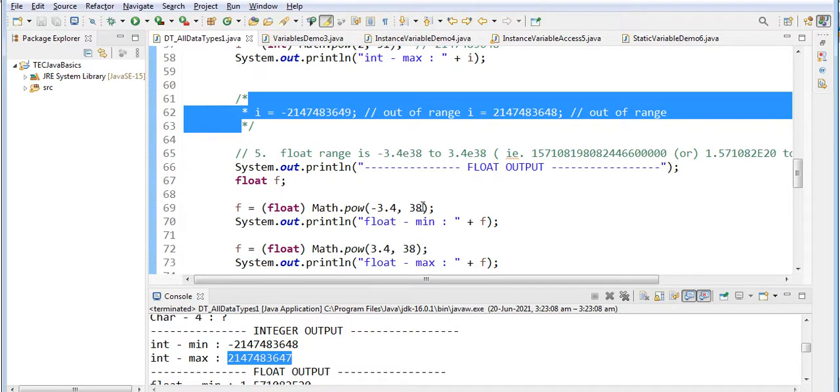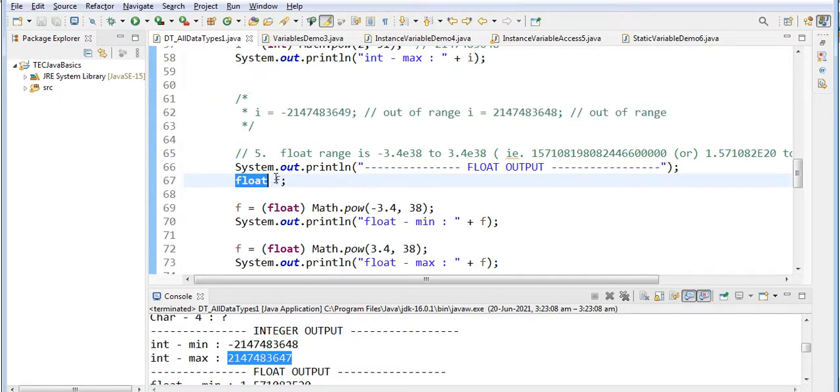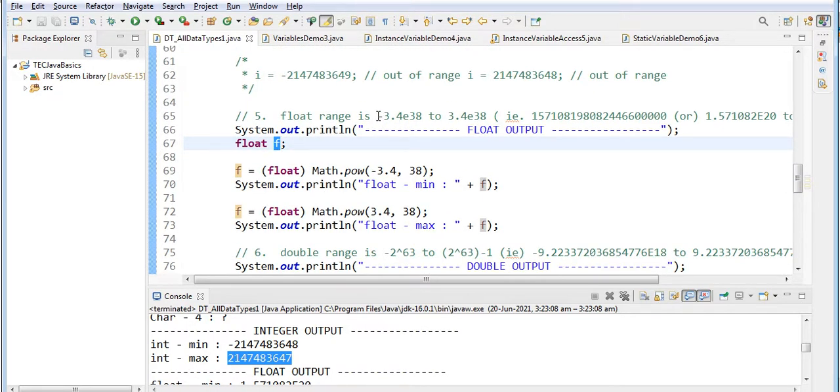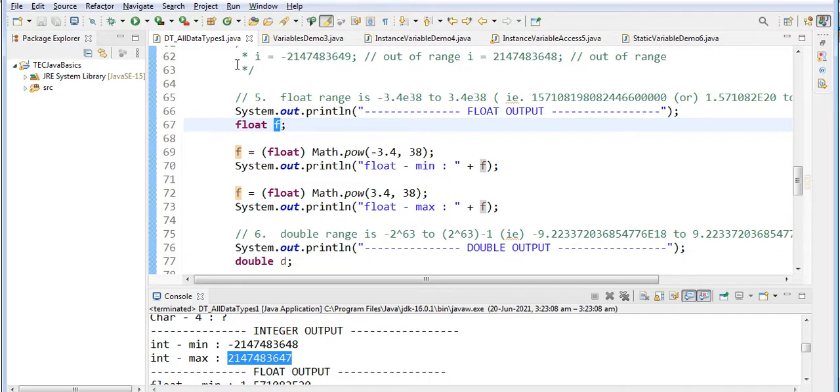Next one, float range. Float is given by the data type float, and I am giving the variable name f. So here the range is minus 3.4 e to the power of 38 to 3.4 e to the power of 38. You have to use the same formula, and here also you will get the output.